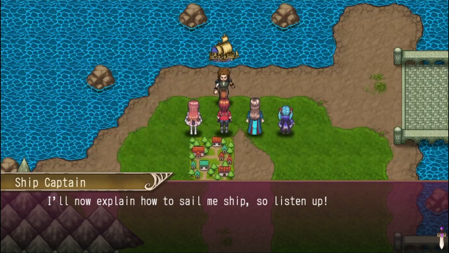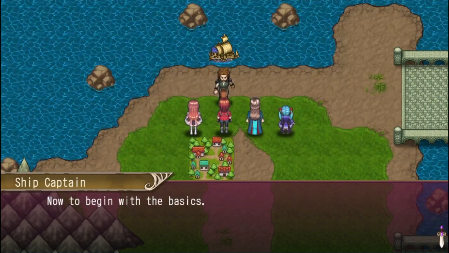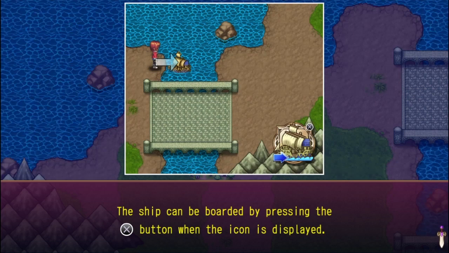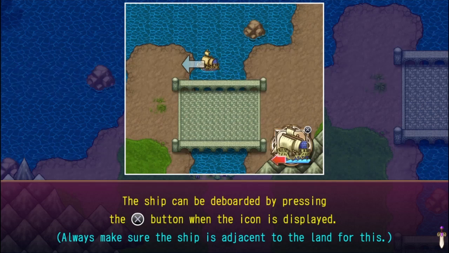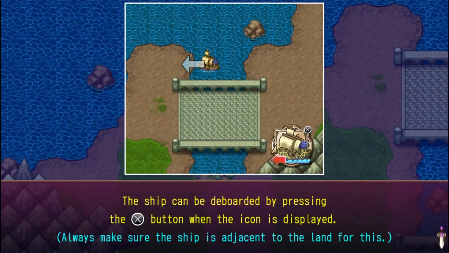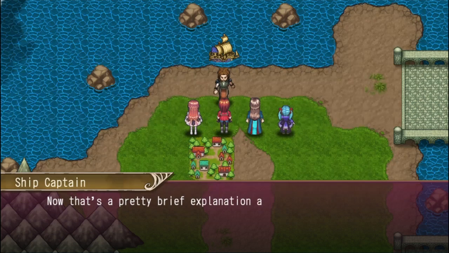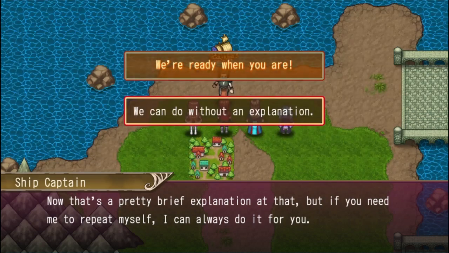Now, I'll explain how the ship sail my ship, so listen up. We're ready when you are. Now to begin with the basics. When the character approaches the ship, a boarding icon is displayed on the lower right of the screen. The ship can be boarded by pressing the X button when the icon is displayed. Always make sure the ship is adjusted to the land for this. There are also a few places where the ship can be boarded. These are diagonal shores, bridges, and reefs. Now that a pretty brief explanation of that, but if you need me to repeat myself, I can always do it for you. We're ready when...